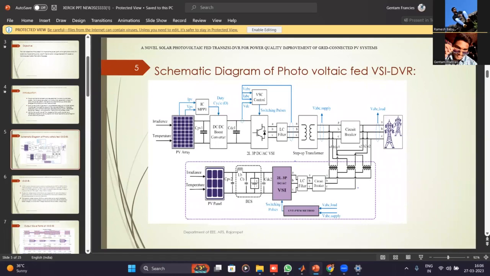As shown in the proposed TransZSI configuration, the DVR is connected in series to the PCC on the supply side. In this project, the output of the grid-connected PV system is monitored to detect disturbances, including sag, swell and interruptions, and then compensate for them. The PV system comprises the PV array with an MPPT controller, boost converter, AC to DC, VSI, and a three-phase transformer and distribution network to which the PV array is connected. In normal condition, this DVR is in standby.